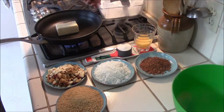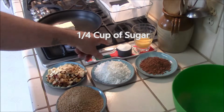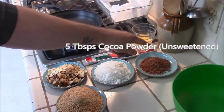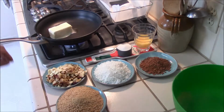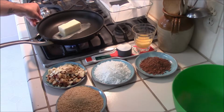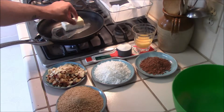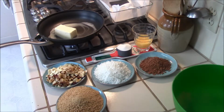and in it I am going to mix a quarter cup of sugar and 5 tablespoons of cocoa powder. And when that gets done, I will be back and show you the tips and tricks for getting the bottom layer of this 3-layer dessert